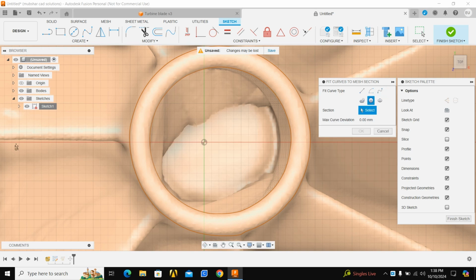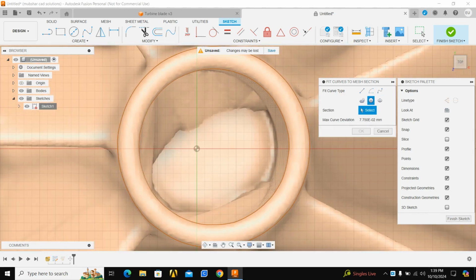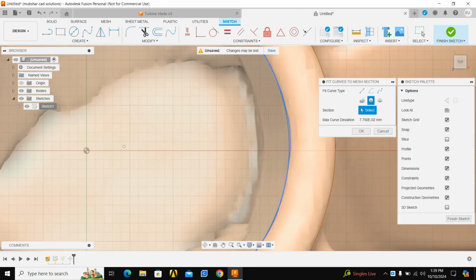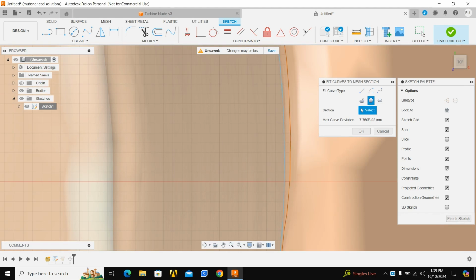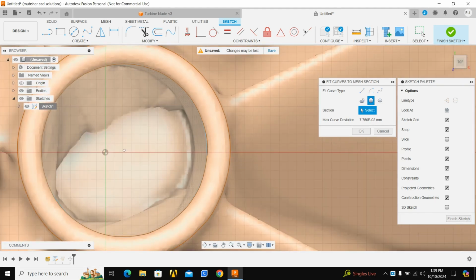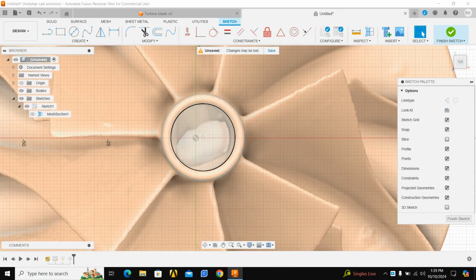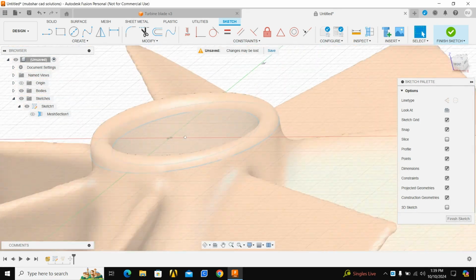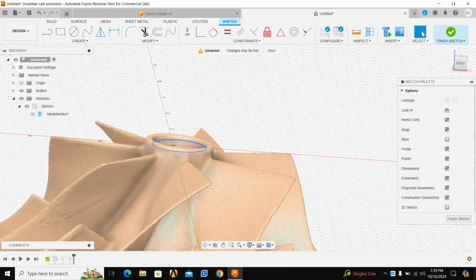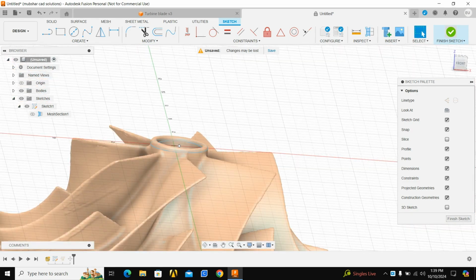I will click on circle, and if I move my cursor near to this, then it is showing that this is a circle, and this will capture this profile. I click on this, and we can see another circle which is perfect, and for this one like this, click OK. And if I hide the mesh section sketch, then I will notice that we have two smooth and perfect circles. So by using these circles, I will create